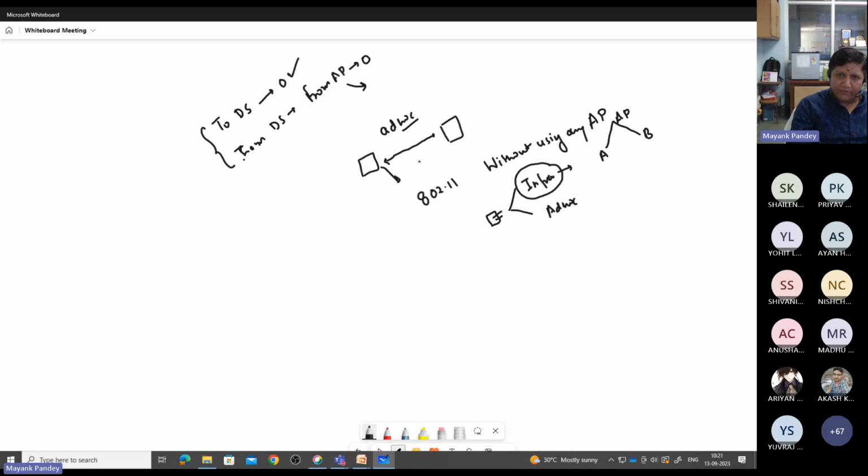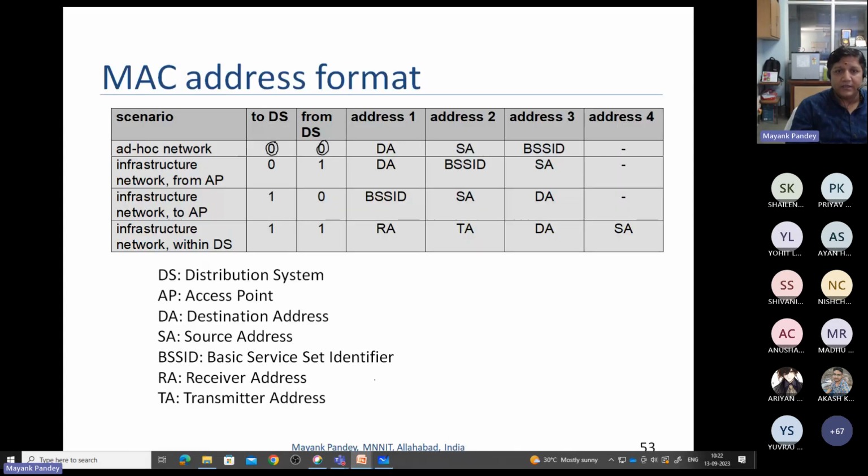But if you want to have communication peer-to-peer direct without using an access point, then you need to convert the mode of your LAN card from infrastructure to ad hoc. And then this particular bit combination, To DS and From DS both 0, is going to be used. Now, in this case, what is the usage of these three addresses? If you are having both To DS and From DS 0, then